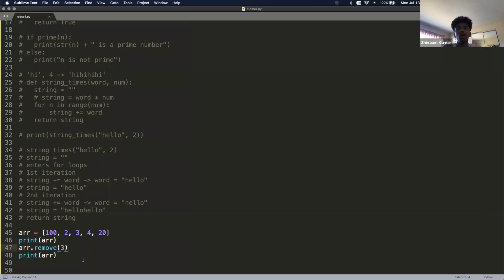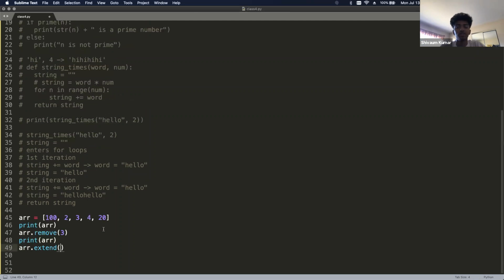And then let's say I wanted to basically add more numbers to this array. So one thing that you can do is use this function called extend. What extend does is it allows you to input an array into it. So let's say I put this array 5, 6, 7. Array.extend 5, 6, 7 will basically say, okay, I want to extend the current array that I have, arr. So arr.extend, I want to extend this array and add these 3 numbers into that array. So now we print out the array, and I'll show you guys how this works.